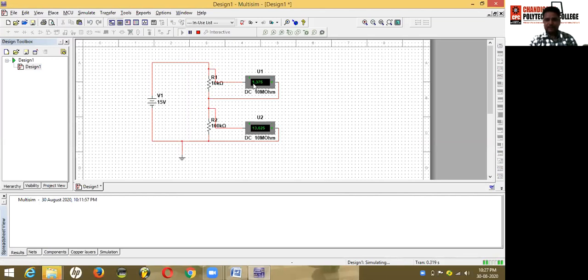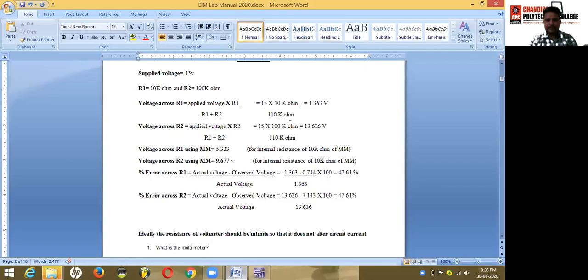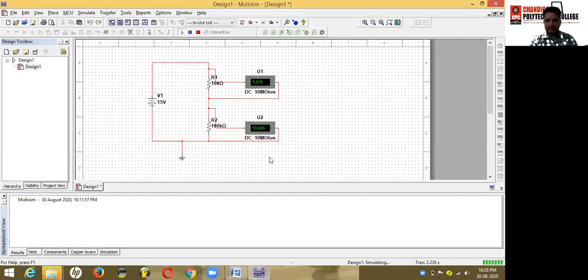This will show the exact value, that is 1.375, and the theoretical 1.363, that are approximately equal to each other. The theoretical value of the voltage across R2 is 13.636. The simulation shows 13.625, that are approximately equal to each other.